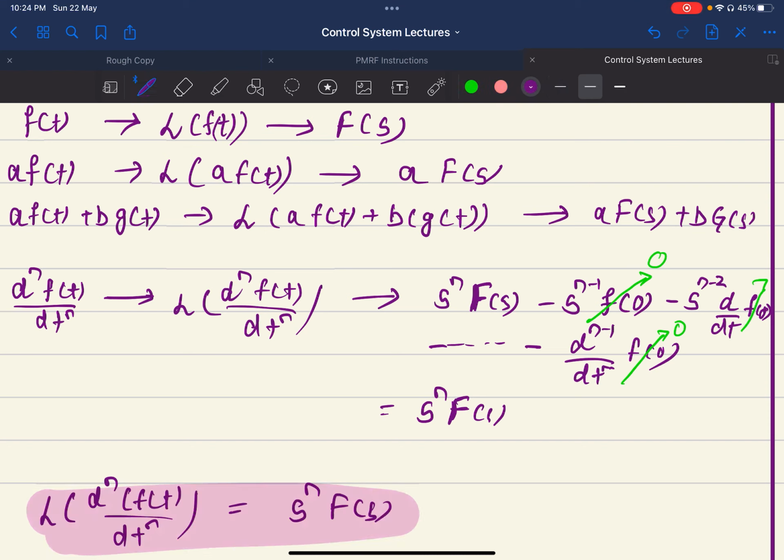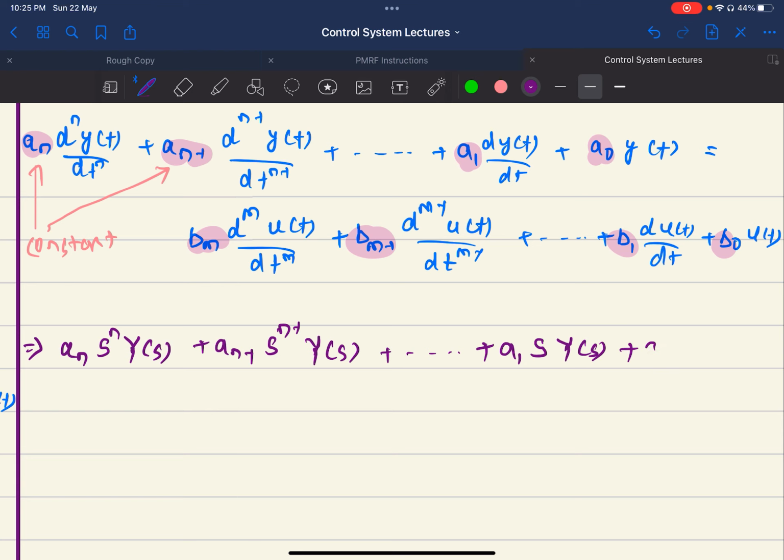Okay. So what will be the Laplace transform of this? Yes, you can calculate it by yourself. I am just writing it down. So this will be simply s to the power n capital Y of s plus a_(n-1) s to the power n minus 1 capital Y of s, up to a1 s Y of s plus a0 Y of s is equal to